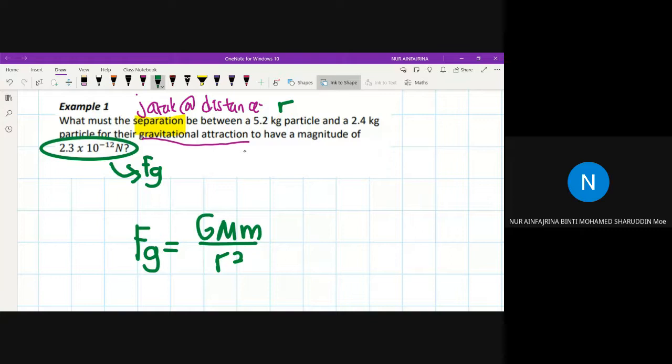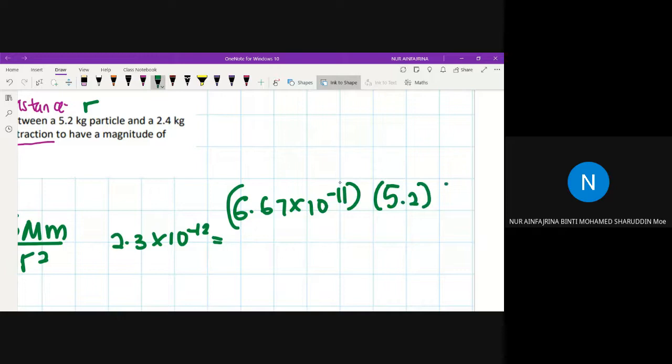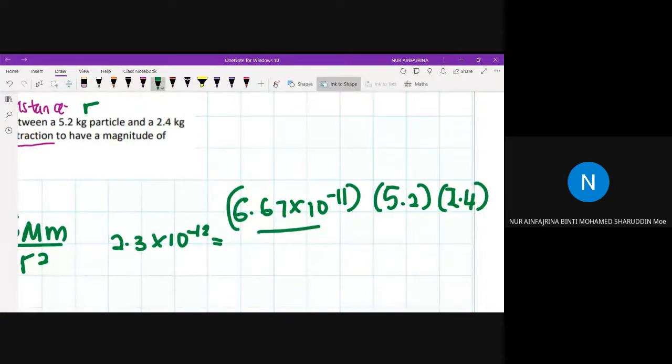Dia ada magnitude of 2.3 times 10 to power of negative 12. Okay, now the gravitational constant macam Miss cakap diberi. Gravitational constant is always constant. That is 6.67 times 10 to power of negative 11. And the first mass is 5.2 and the second mass is 2.4 divided by r squared. Kita nak cari r. Therefore, your distance is